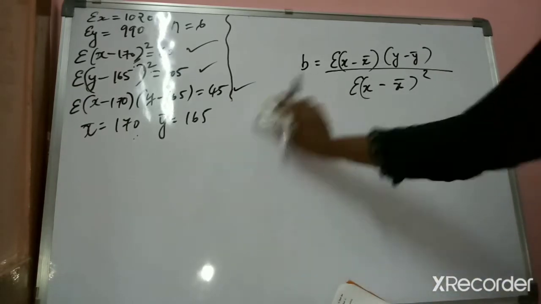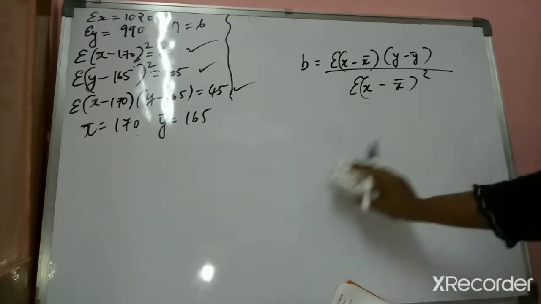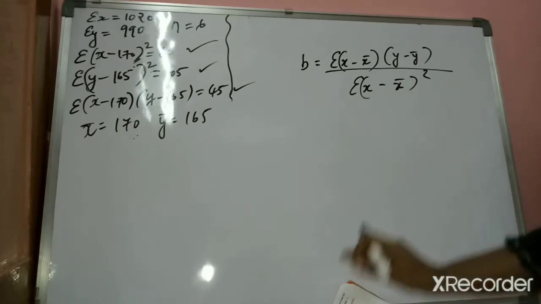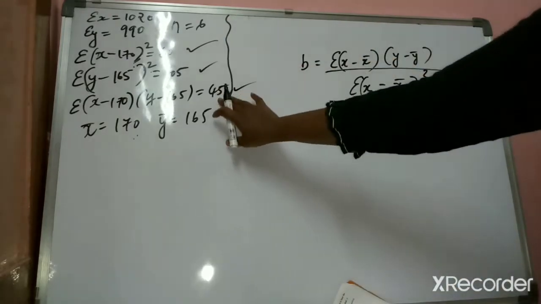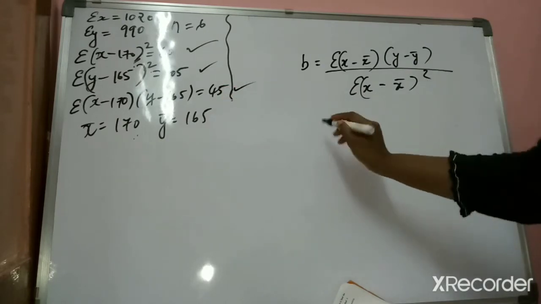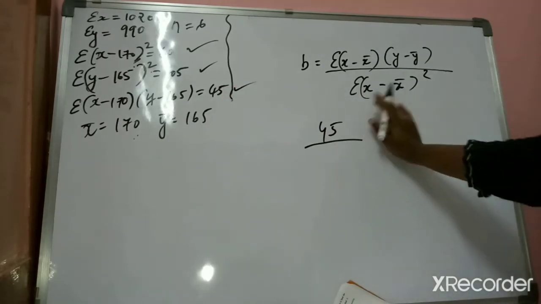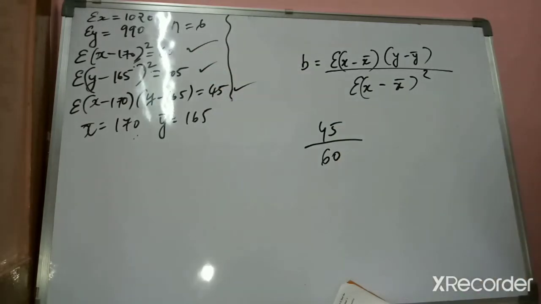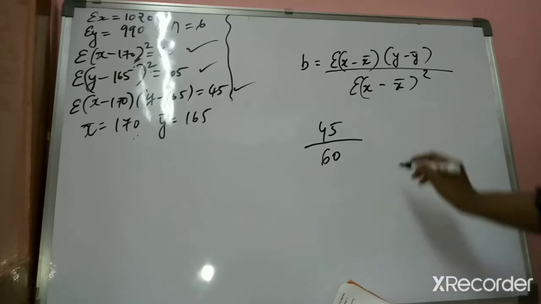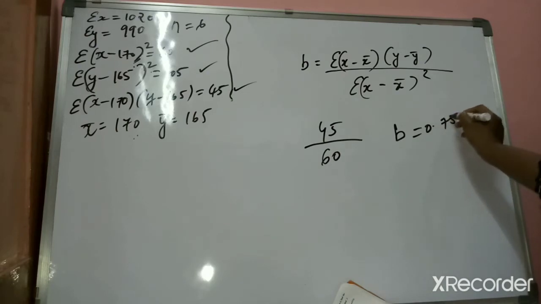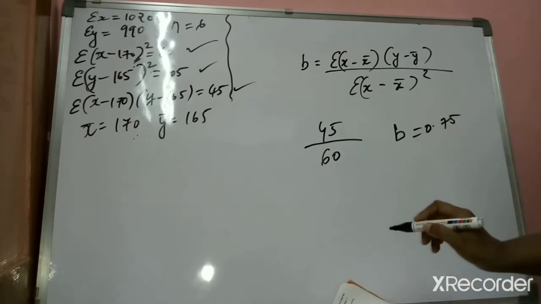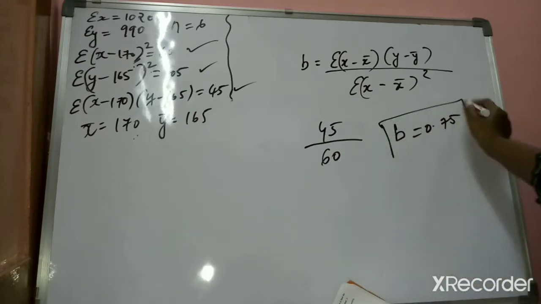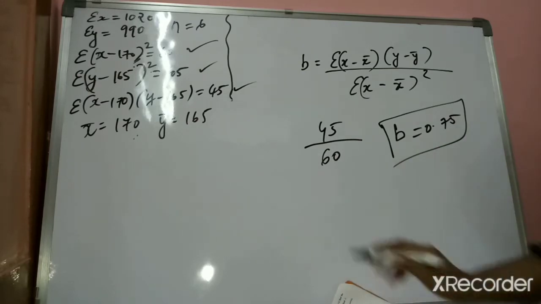Now let's do it. So if you have to find out your b, the formula would be like this. This I have explained, your answer would be like this, 45. Now x minus x bar the whole square, so it would be this, that is your 60. So 45, just divide it on your calculator. 45 divided by 60, b is equal to 0.75. Clear?